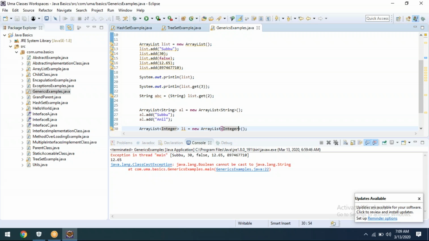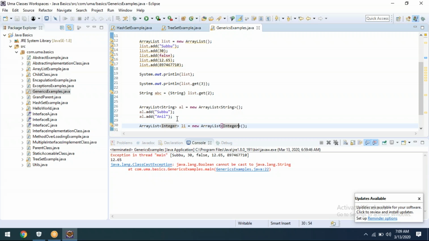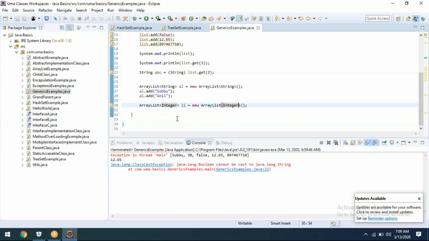Why? Here we are talking about the object type. It's not a normal data type. The integer is a small thing, but here we need to give Integer with a capital. That we need to understand. It will allow the object type. You're getting my point?